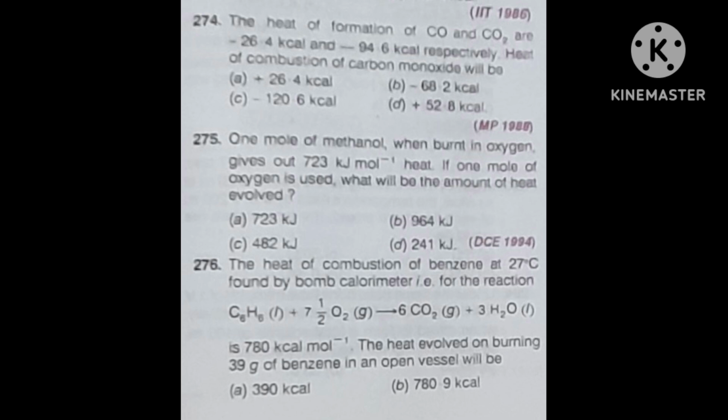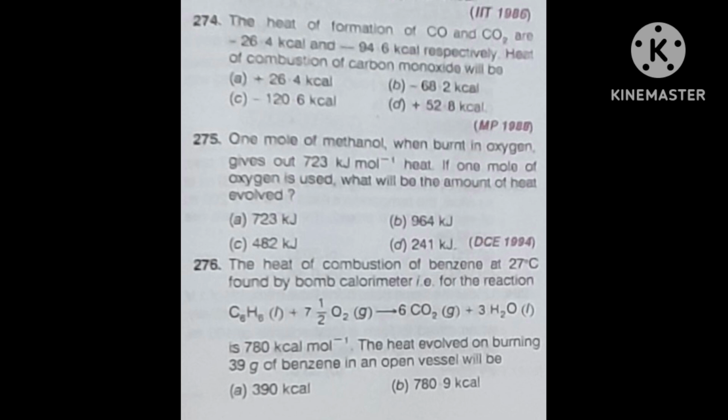Then from 1 mole of oxygen, how much heat will you get? That you have to calculate very easily. Then 3 by 2, 1.5 mole of oxygen is giving 723 kilojoule, minus 723 kilojoule. Then for 1 mole, how much? For 3 by 2 it is 723, then for 1, what will happen? Just 2 by 3. Reverse it: 723 divided by 3 by 2 means 2 by 3.